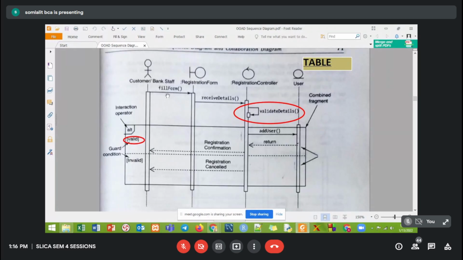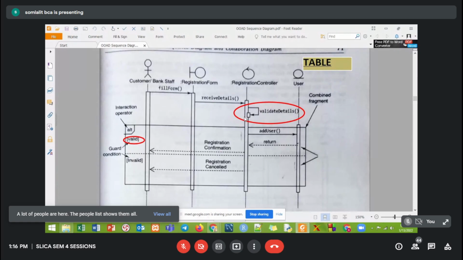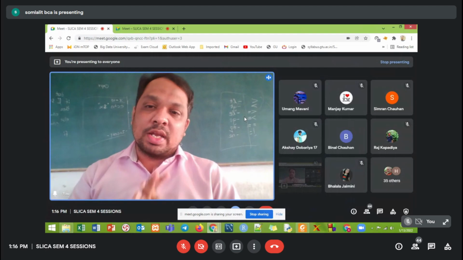There is a boundary, a GUI, which receives the details. So receive details is basically a method. Now this is the check. I have given some example. What do we call this? Yes, JavaScript validation. Try to understand, it is not necessary that every time it will be a Java validation or a JavaScript validation. In general, I would say client-side validations.